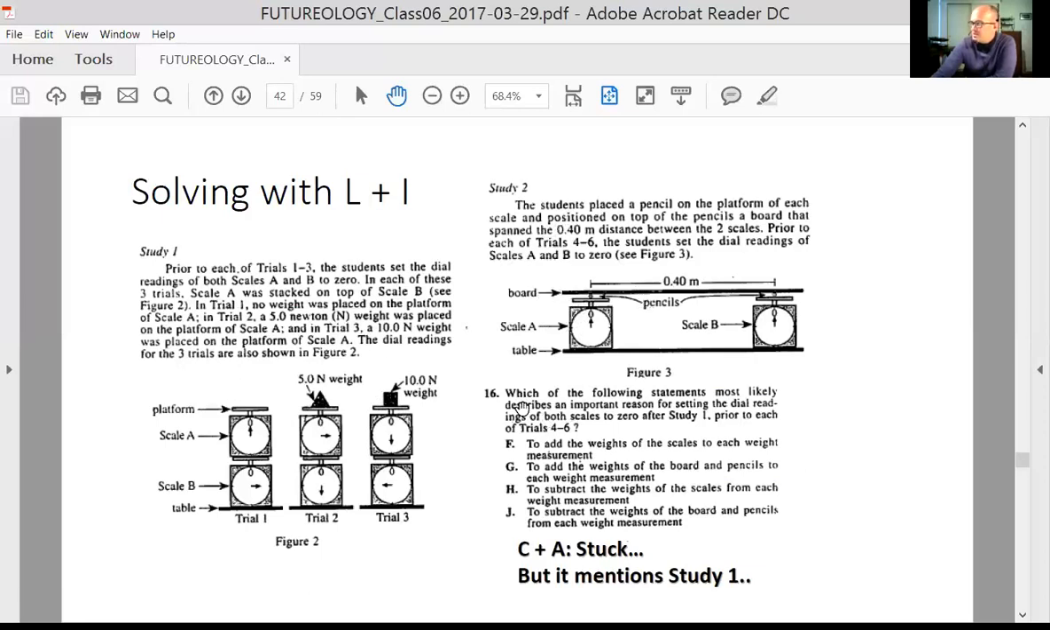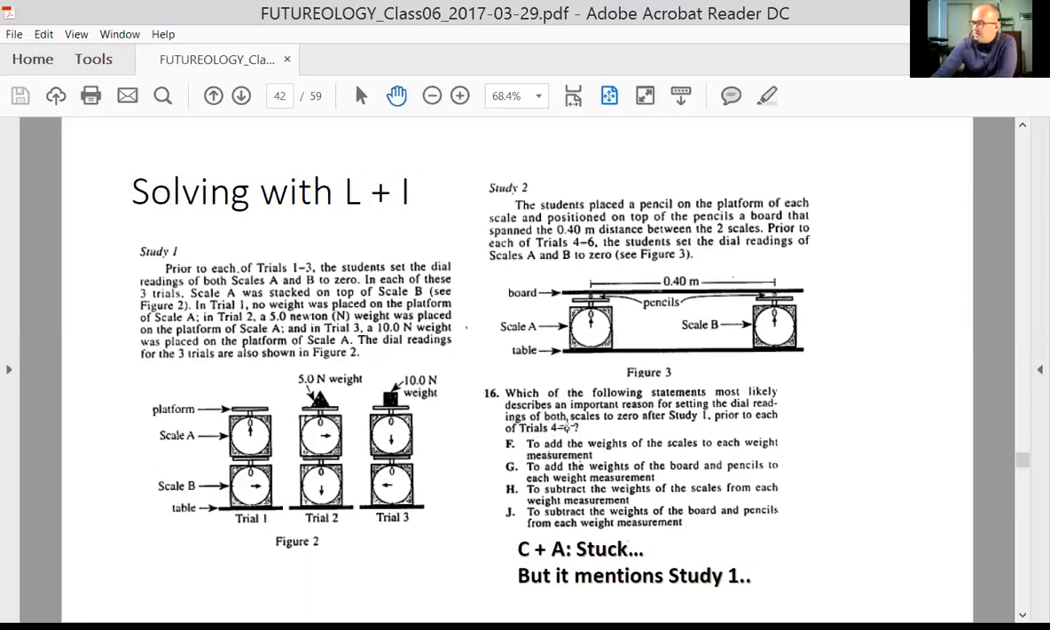And question number 16 asked us, which of the following statements most likely describes an important reason for setting the dial reading of both scales to 0 after study 1 prior to each of trials 4 to 6? A lot of us, when reading that, would decide that, wow, that's a pretty medium level question. So probably we would do some other questions first. But once we've done those other questions, then we can come back and we'll take a look at what 16